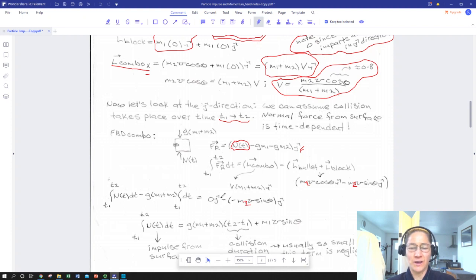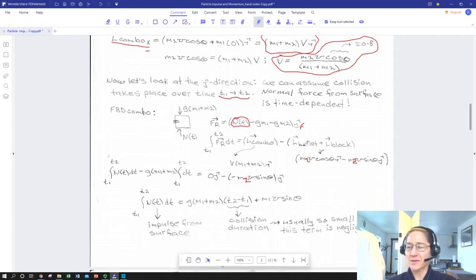Okay, get that a little corrected there, because there was no j-hat momentum of the block. There's no linear momentum of the block to start with. So we can break our integral for our impulse up from the gravitational terms that we know. We have the weight times the integral over the duration of the collision, which will just be a time. So it'll be weight times time, the duration of the collision,